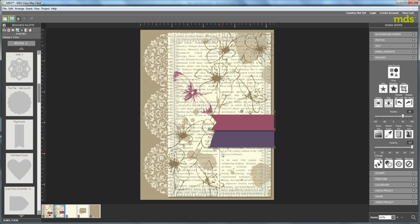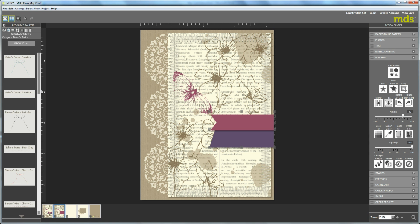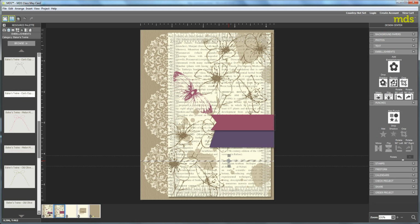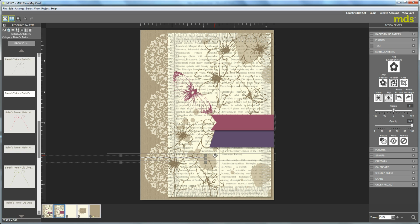Okay. And the next thing we want to do is go to our embellishments and select Baker's Twine up here. And I used the early espresso. So here is the Baker's Twine. And I cropped this so that it's about the size of the card, just hanging over a little bit, because what I did was copy and paste it 4 times, and I just crisscrossed it so that it would meet